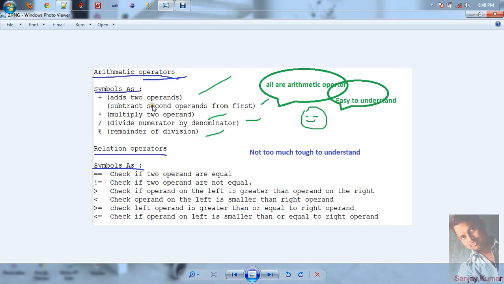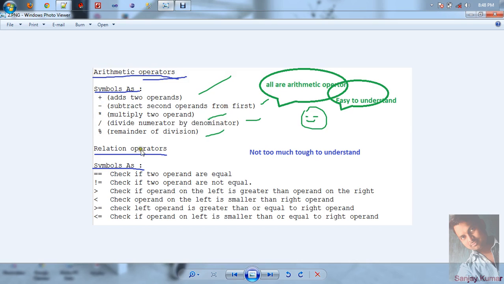The first one is the arithmetic operator. The symbols that we use in arithmetic operators are plus, minus, into, divide and remainder. When we add the values of two operands, it is called addition; if we subtract the two values of the operands, it is called minus; then multiply, then divide and the remainder.